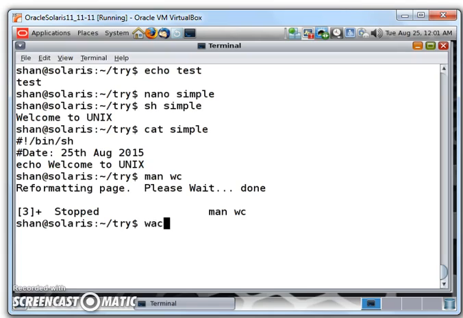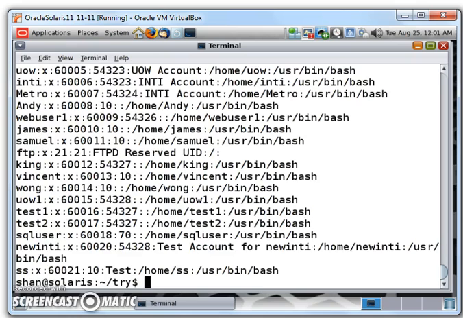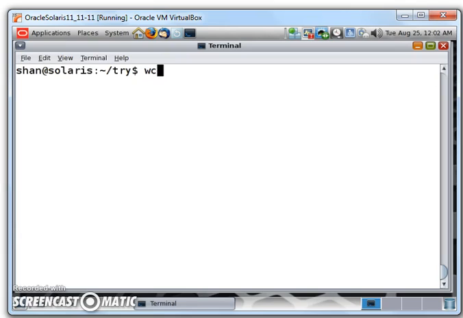Let's say, for example, if you want to check the profile of the file we just created, wc simple, so it gives you 3 lines, 9 words, and 52 characters. So that's the profile of this particular file. Normally, if you want to check how many user accounts are in the password file, of course, if you do this way, you will just get to see a lot of lines. But instead, if you do a word count, word count minus L